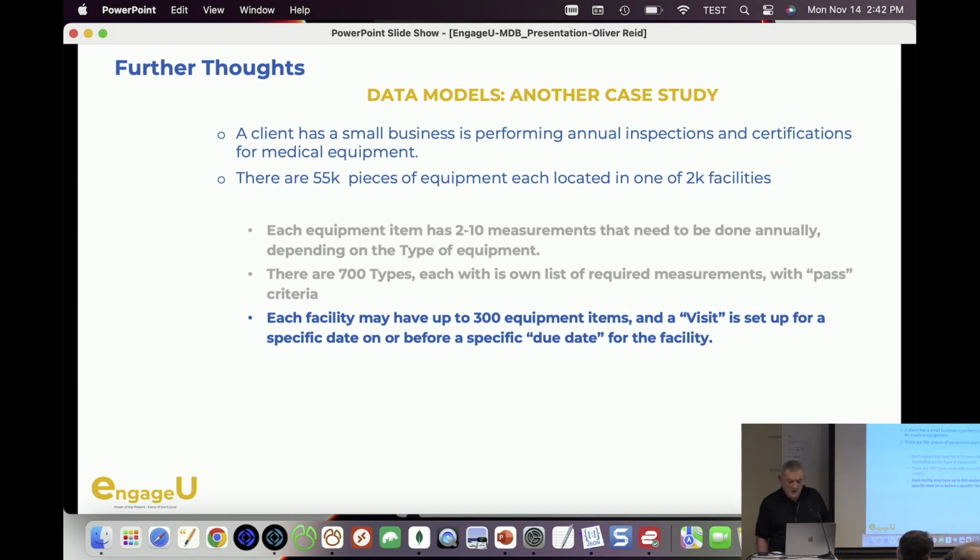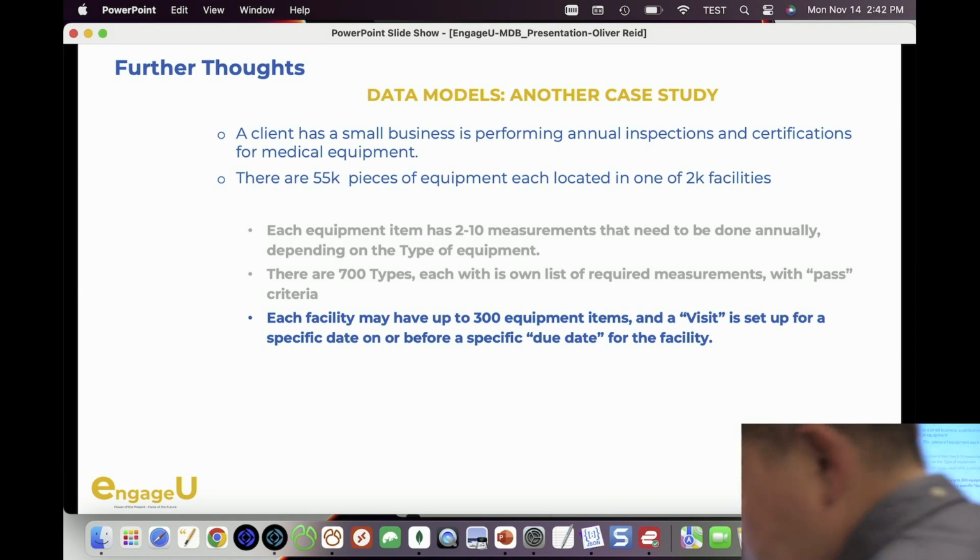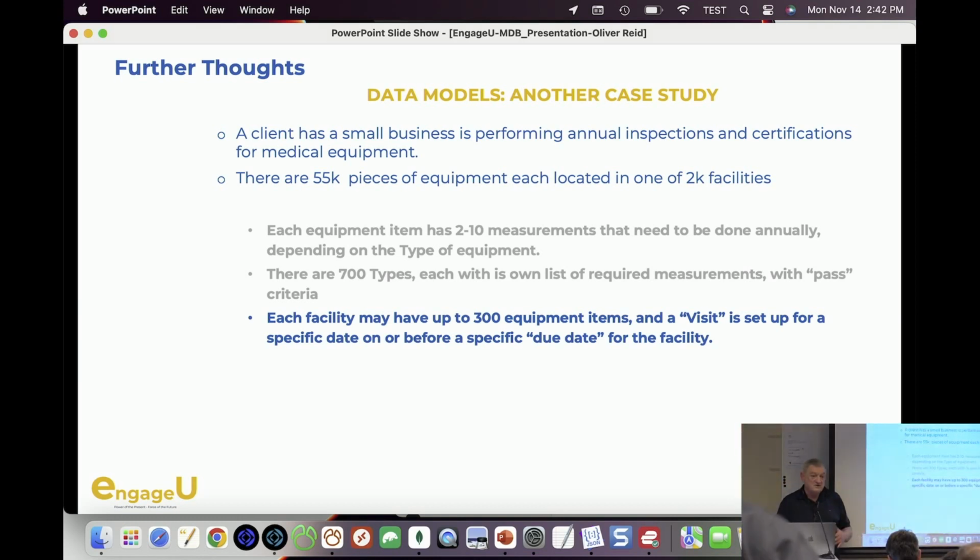But a retirement home or a rehab center could have at least 300 or more, actually. And so usually annually, a visit is set up where a technician goes there and tests all the equipment, enters the data. It's all done on an iPad in the field. Then